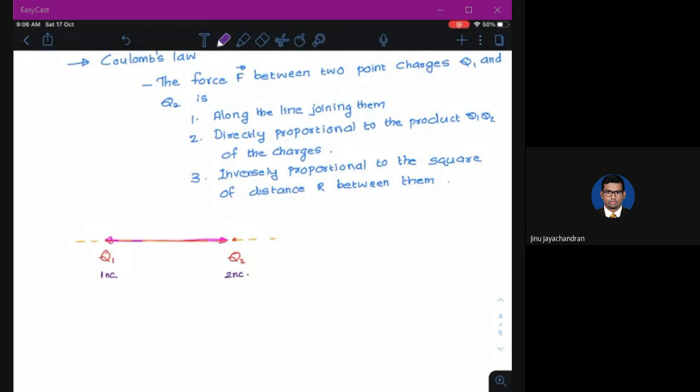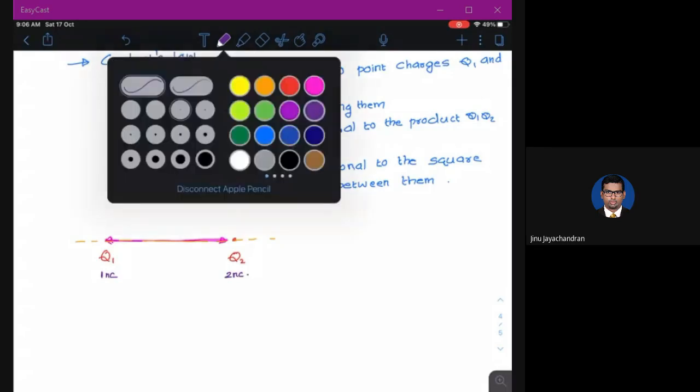Similarly, the force of Q2 on Q1 is also equal to the same. So basically, if there are only two charges, the force of the first on the second and the second on the first is the same. It is inversely proportional to the square of distance, which means if my distance is r,